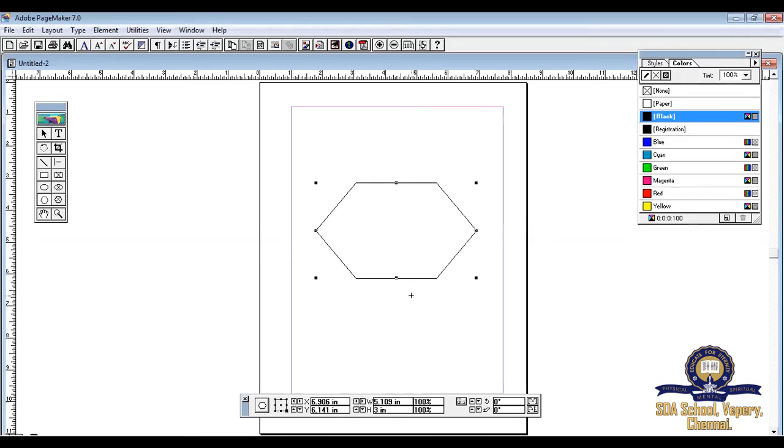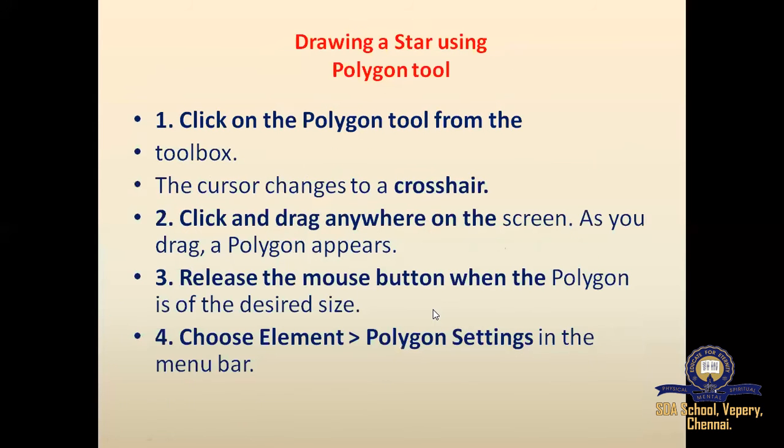Now what we are going to do is convert this polygon to a star shape. We are going to learn how to convert this polygon to a star shape. Now go back to my PowerPoint presentation. Let me study the points first: how to convert a polygon to a star shape.